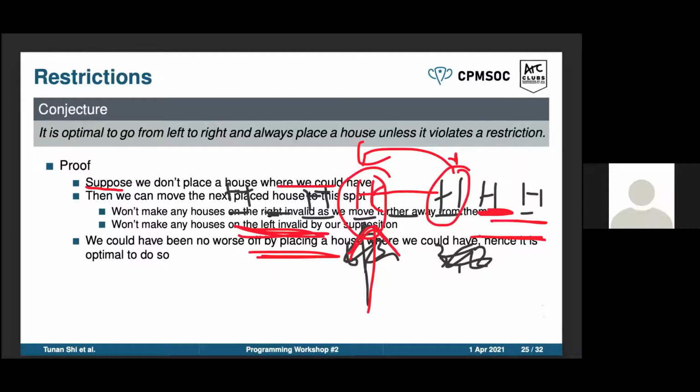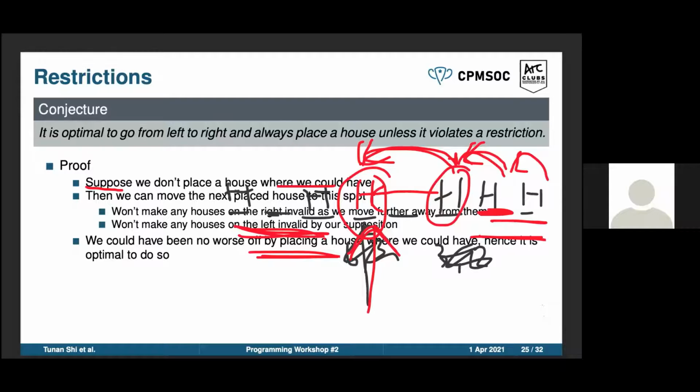So if you think about what we did when we moved that house, you don't actually need to say this to conclude the proof, but you can imagine if we repeat this process, we could have shuffled a bunch of houses over. Maybe we couldn't have shuffled any more houses over. Maybe our thing was already as full as it could have been, but in some cases we'll be able to shuffle houses over. So in some cases we'll be able to do better